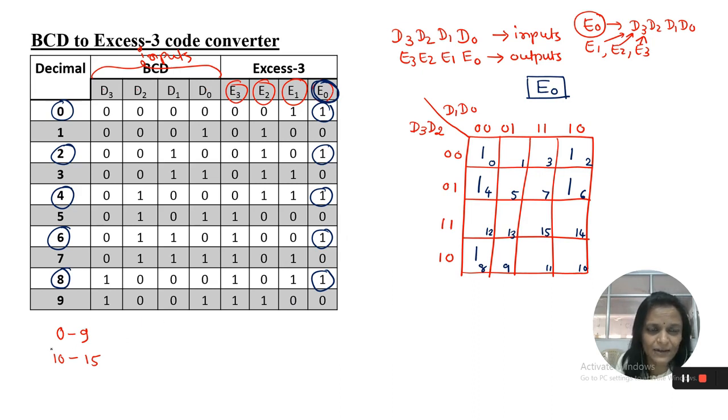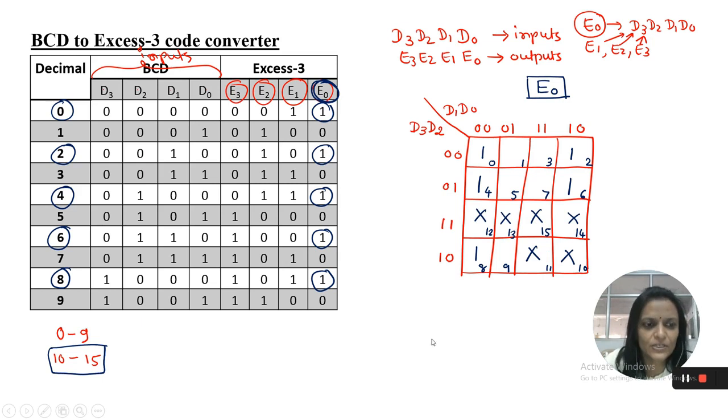Now I have already explained that the numbers 10 to 15 in BCD are considered invalid numbers. So we will use these as the don't care conditions in this K-map: 10, 11, 12, 13, 14 and 15.